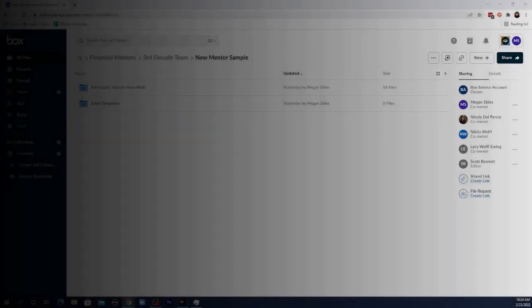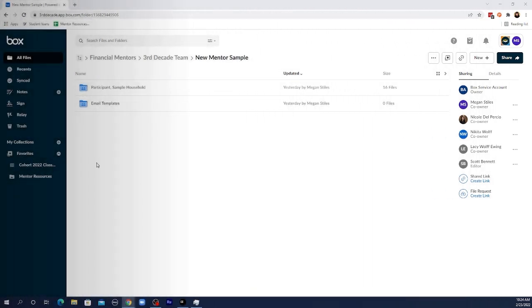An example, this sample mentor has customized their Box to include a folder that has email templates, as well as their favorites to list to the mentor resources. You can choose as many folders and or documents to add to your named folder to help you in your process. If you want to add something, a folder or a document to your name, simply come up here to